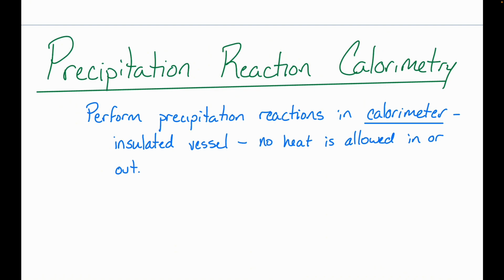All right. Many of us are walking around with some calorimeters right now. These insulated vessels are used to prevent our water, for example, from heating up, or if you put hot coffee in there, to prevent that heat from leaving that vessel, right? So a calorimeter is just a nice insulated vessel. It doesn't allow any heat in. It also doesn't allow any heat out, all right?